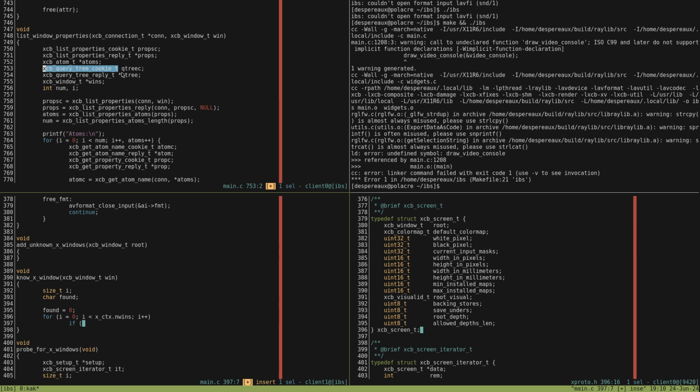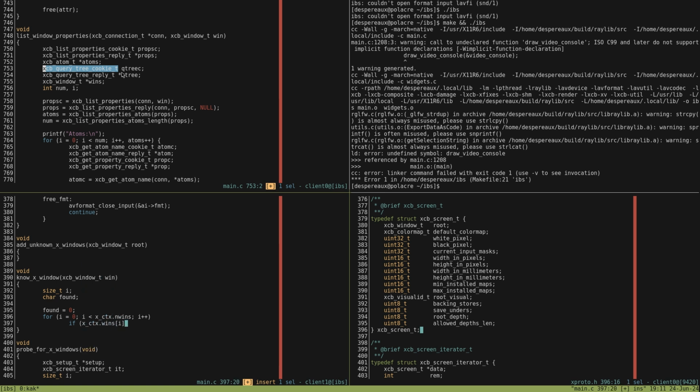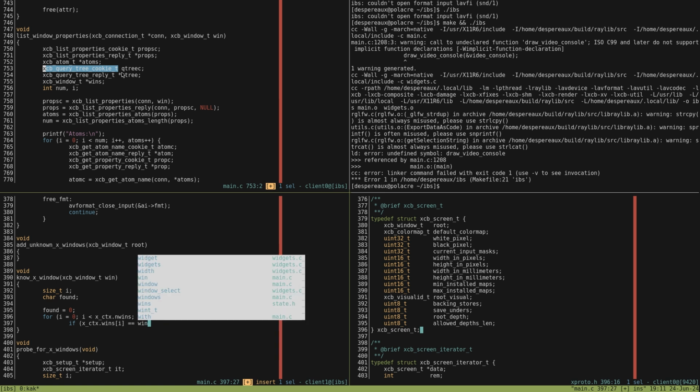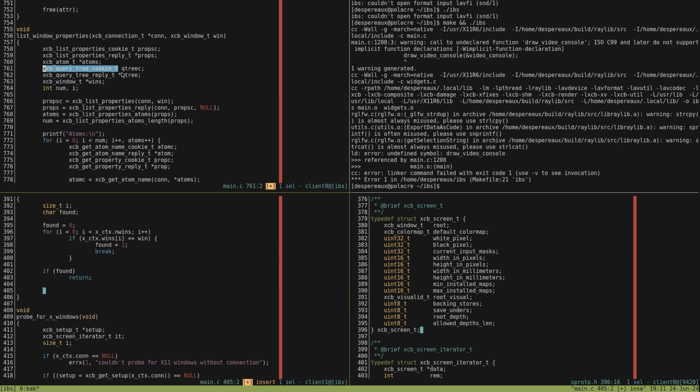I don't think, like, I think you can just go if xcontext.wins[i] is equal to win. And then if found, return, and then we want to go